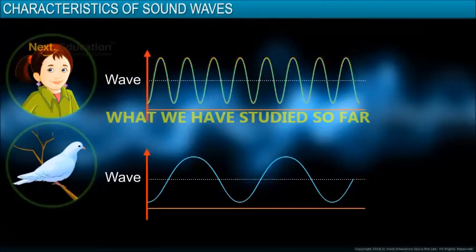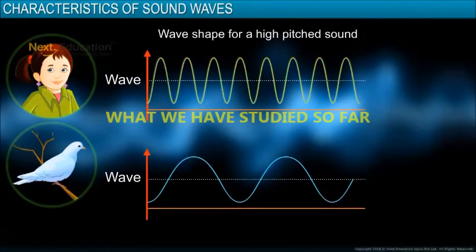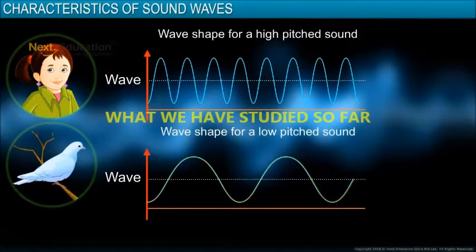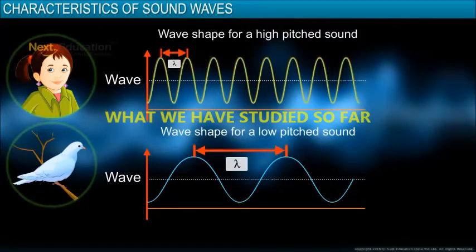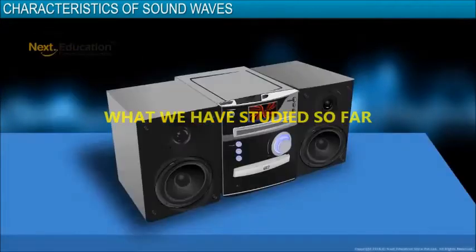A scream is a high-pitched sound, since the frequency of a scream is high. Similarly, the cooing of a pigeon is a low-pitched sound. The shorter the wavelength, the higher the frequency, and the higher the pitch of the sound. Simply put, short waves sound high. Long waves sound low. Let's listen to some music.